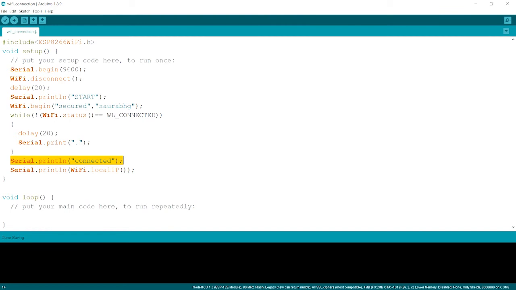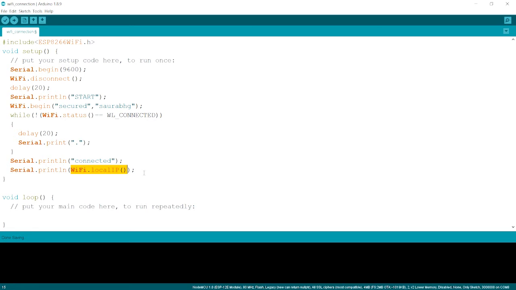So this could be found. After this, we will find the WiFi.localIP. You know what an IP address is? It's the address between two devices. That is a connection between two devices. If we want to send some data or receive some data, we're going to use the IP address to do that. So this is a very important part for us in the next topics. So it's WiFi.localIP to get the IP address of the connection.